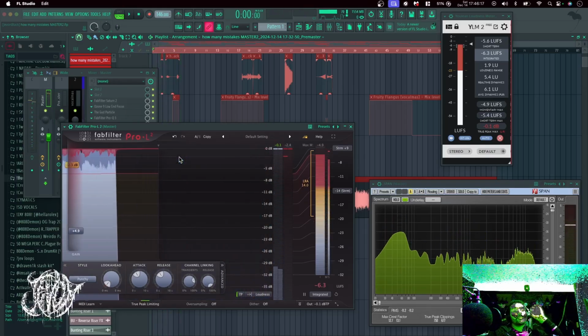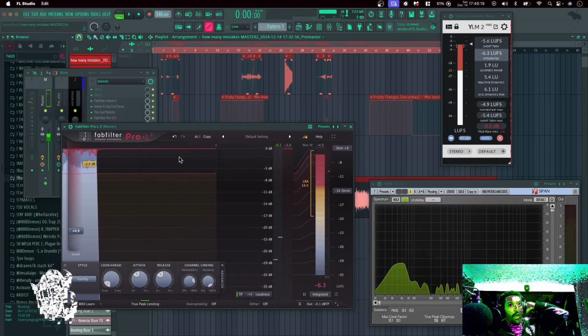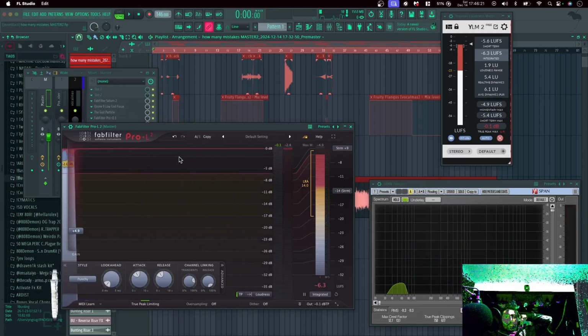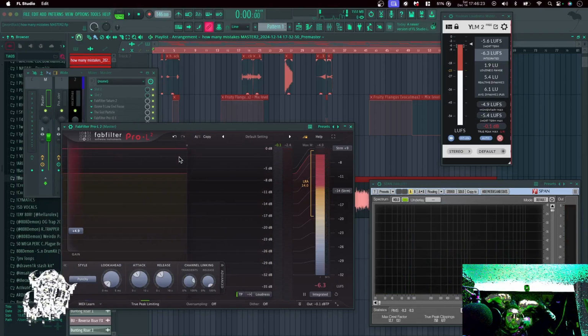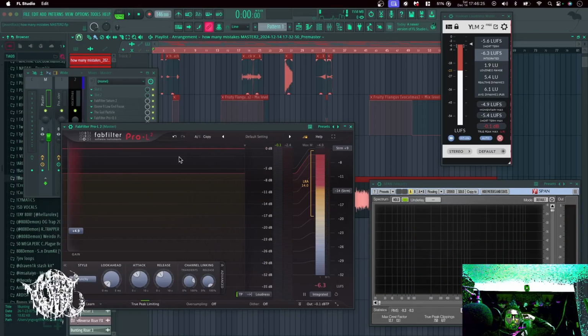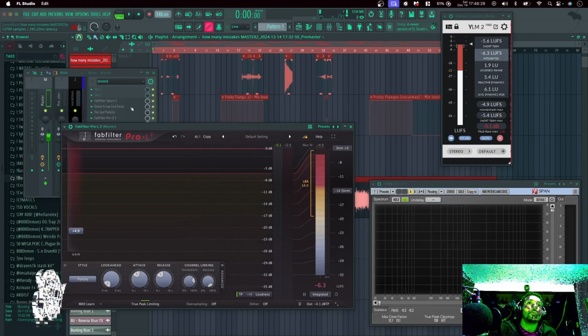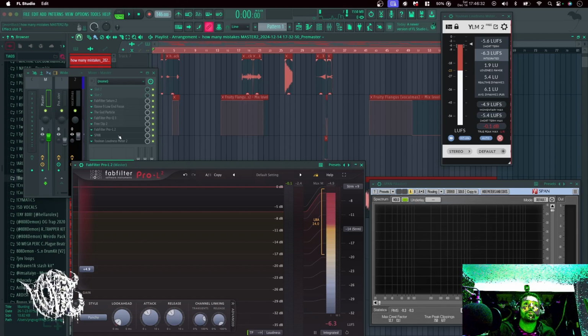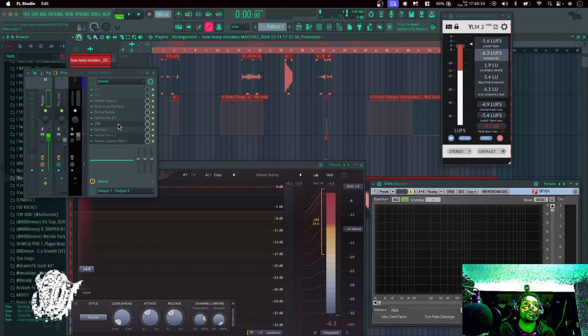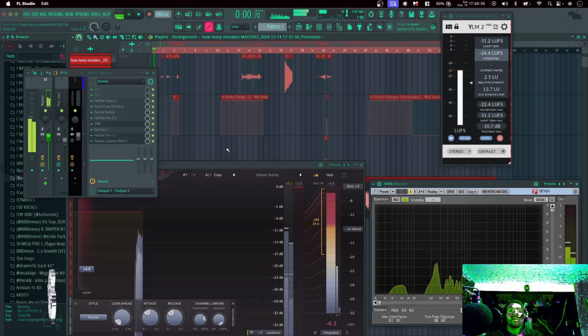Now, what this limiter brought out by adding that volume back is some of the saturation that we were adding. We're kind of cutting out frequencies in the signal, and because we have the bass so much higher than everything else at this point, if we look in the span and we play it,